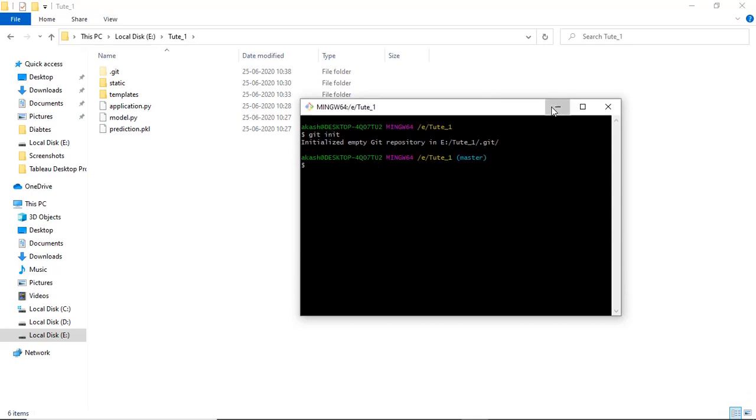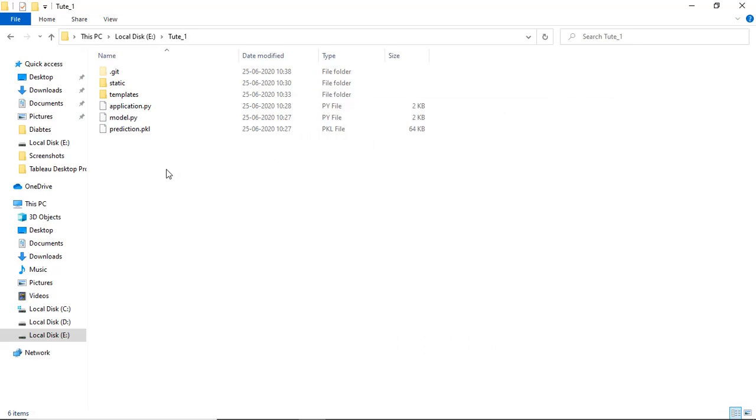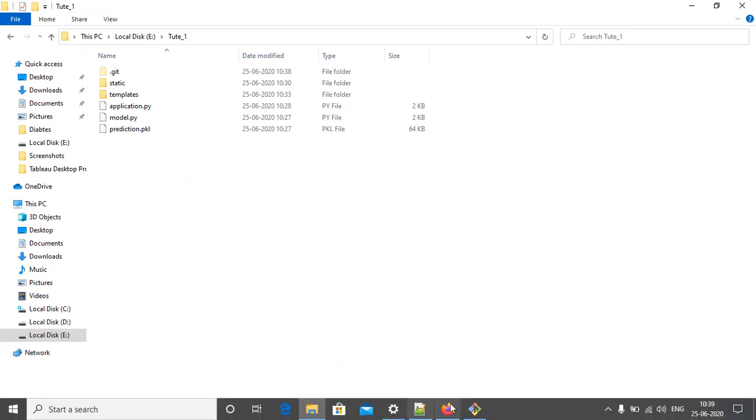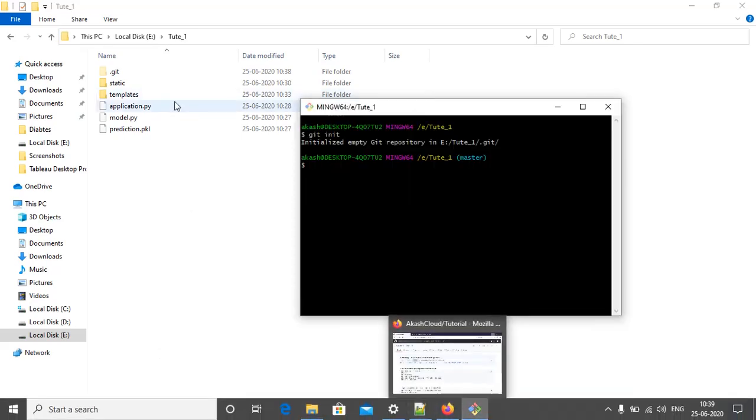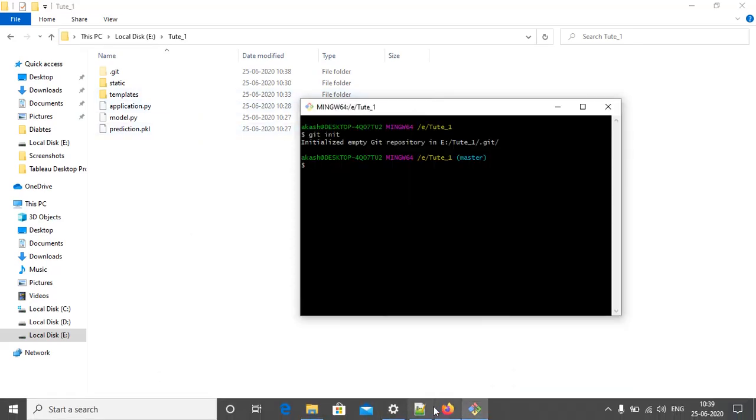One more thing, guys: if you want to deploy your application on Heroku, two more files are required, a Procfile and a requirements file.